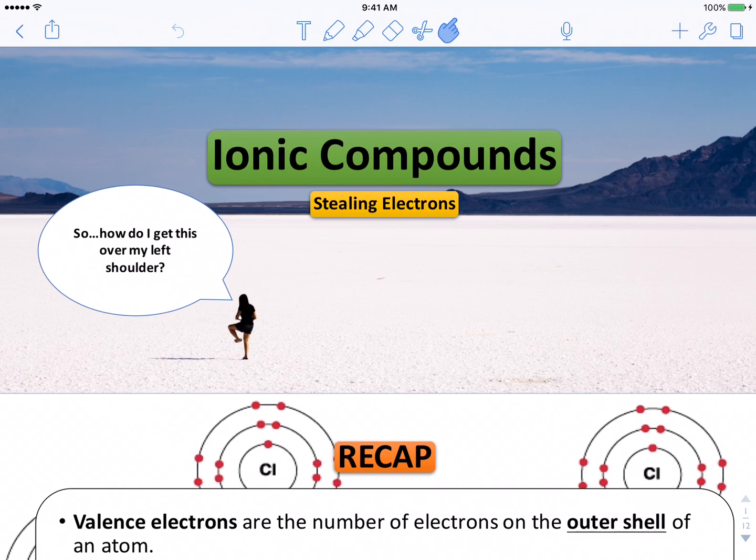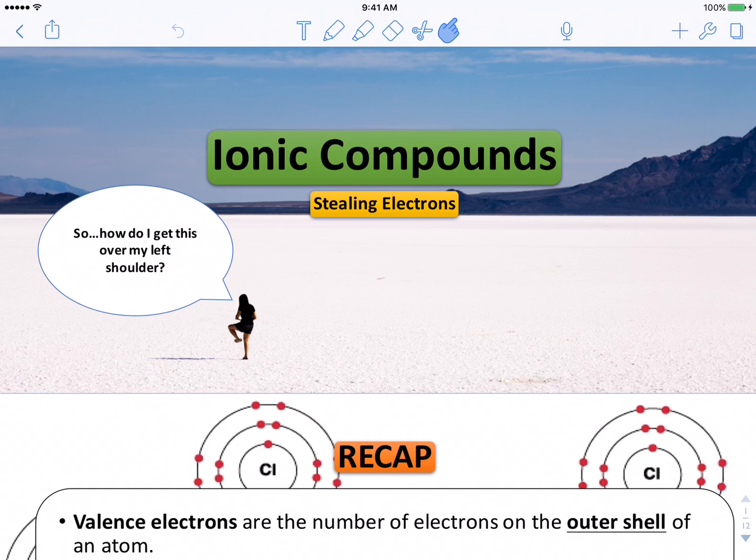Okay, so what we're going to do is, even though we're quizzing over covalent compounds on Wednesday, we are going to go over the next type and flip-flop our days a little bit. So the next type is called ionic compounds, and ionic compounds are where we involve a metal and a nonmetal